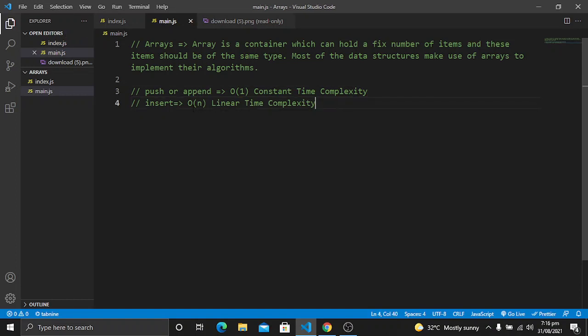So when we insert an item at a random place, it will have a linear time complexity, and we will learn how it has a linear time complexity.